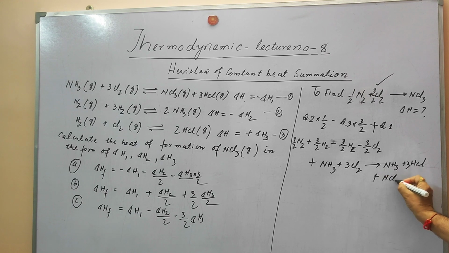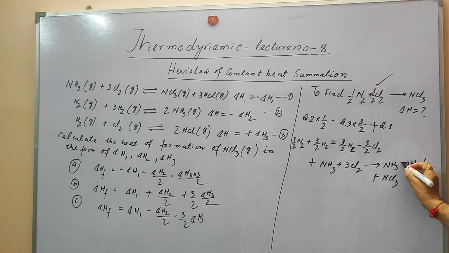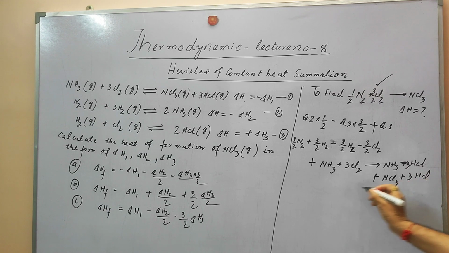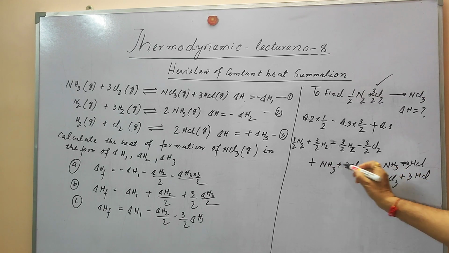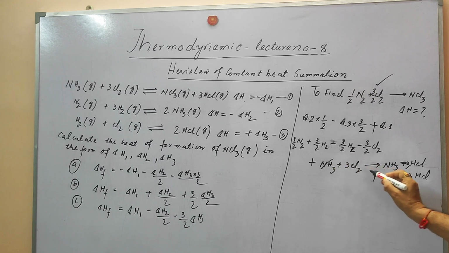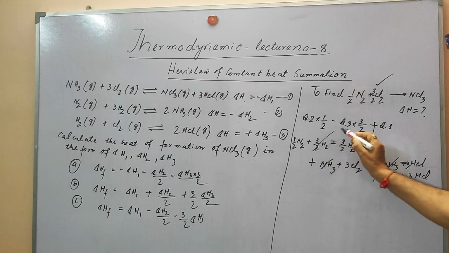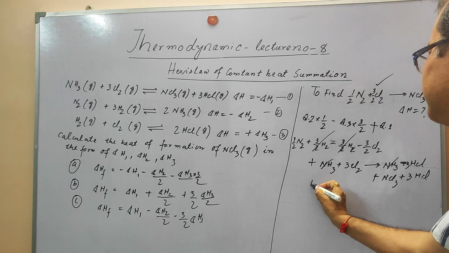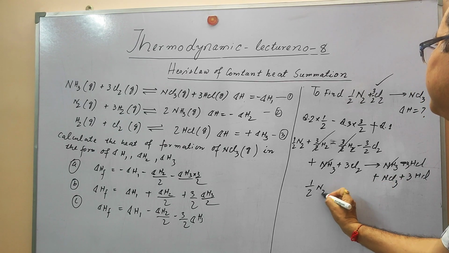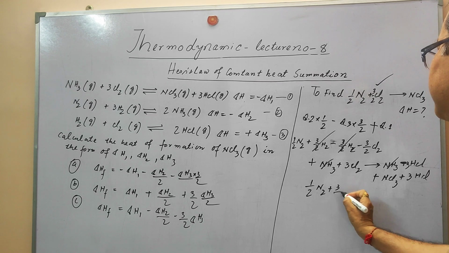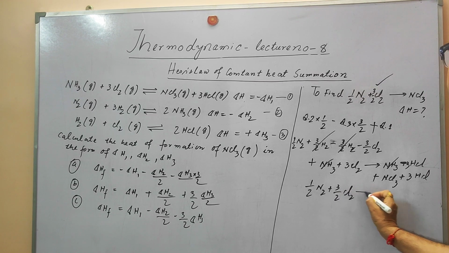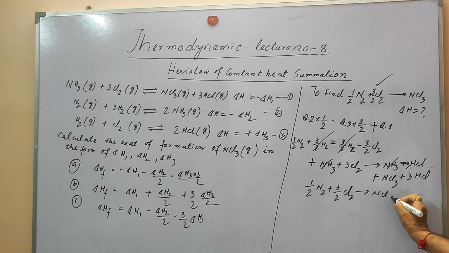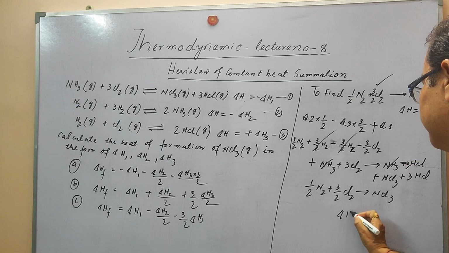We add this NCl3, this will be minus, plus 3 HCl. So ultimately NH3 will cancel, then 3 H2 will cancel, and this minus this will ultimately give the equation half N2 plus 3 by 2 Cl2 gives NCl3, and in this case the heat of reaction will be